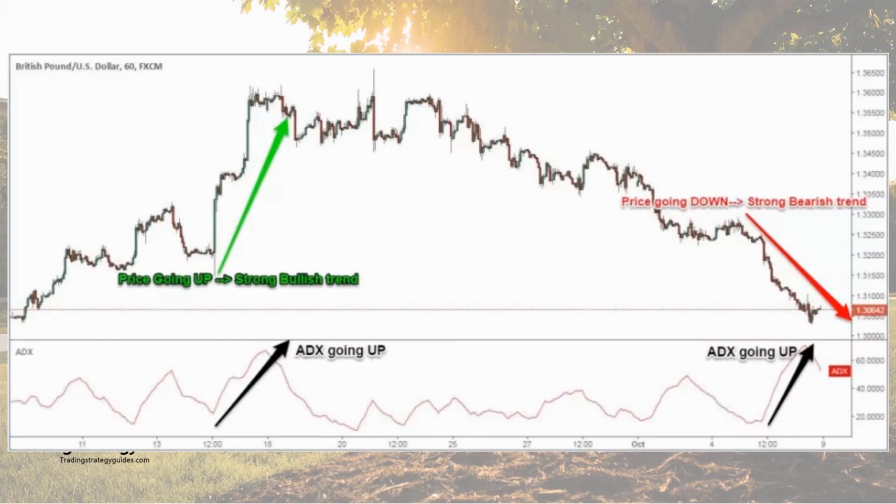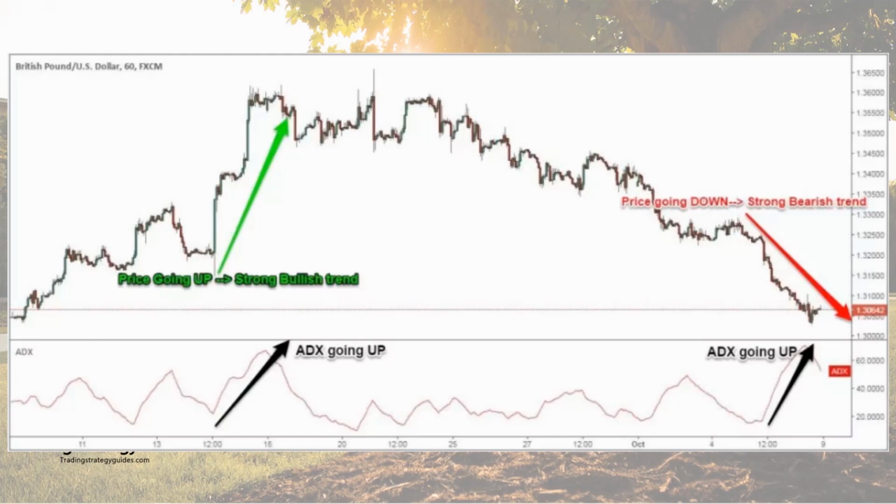So if the price is going up and the ADX indicator is also going up, then we have a strong bullish move. And if the price is going down and the ADX indicator is going up, then we have a strong bearish move. The first ADX indicator trading rule says a reading below 25 signals a period of non-trading or